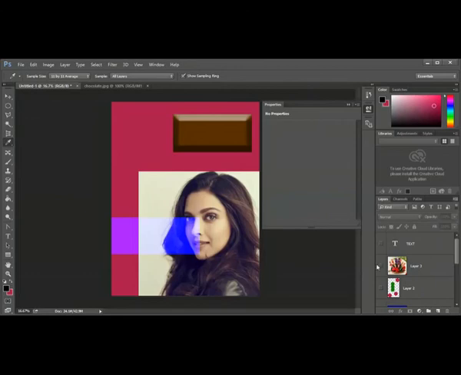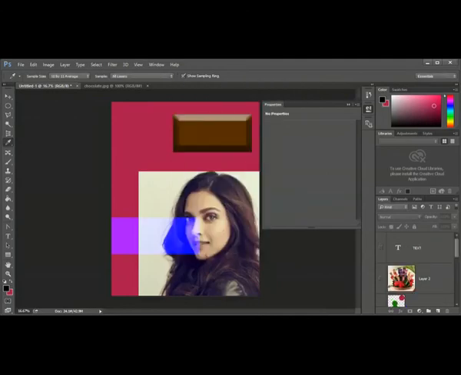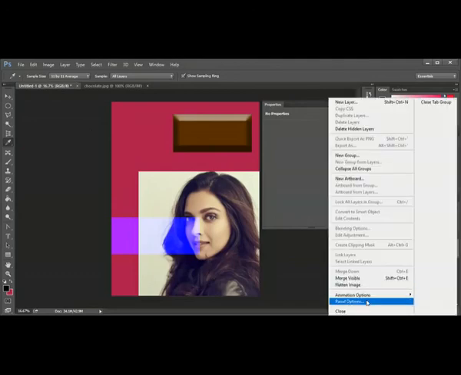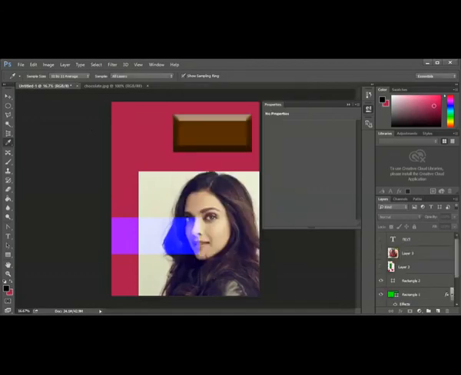Go here, click panel options, very big, but it takes more space. Okay, I will keep it back to the original panel option. Okay, keep it back. So these are, I hope you got some idea about layers.